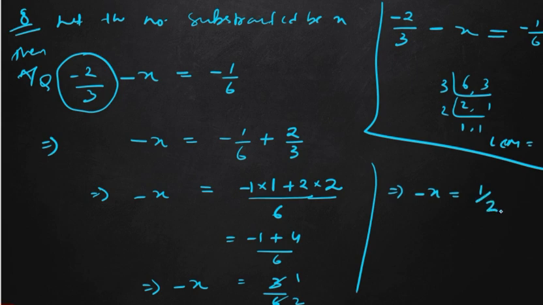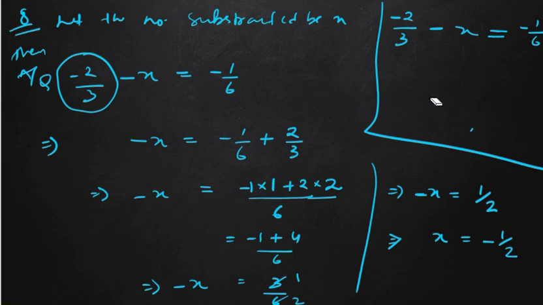Okay. So we need to find the value of x, not the value of minus x. So what will we do? x is here, 1 by 2 is also here, but put the minus sign on this side. Just take the minus sign to the right side. This will give the required answer. But if negative is on both sides, then you need to cancel it. Suppose the question is like this: minus x equal to minus half. On both sides negative is there, so we can cancel out these two. So we will get x equal to 1 by 2.